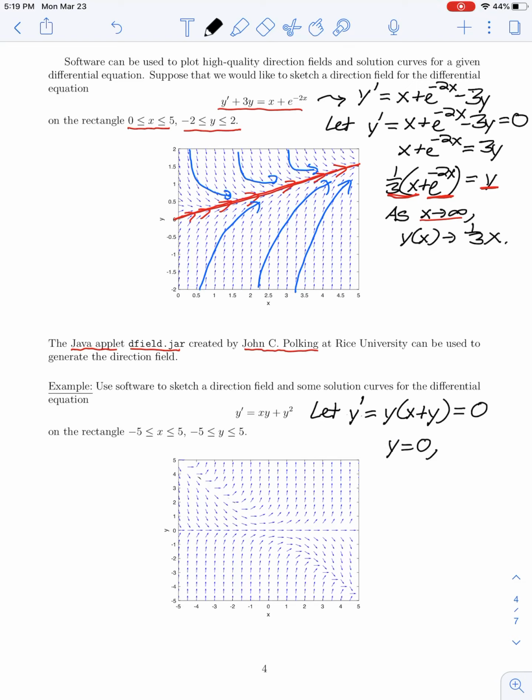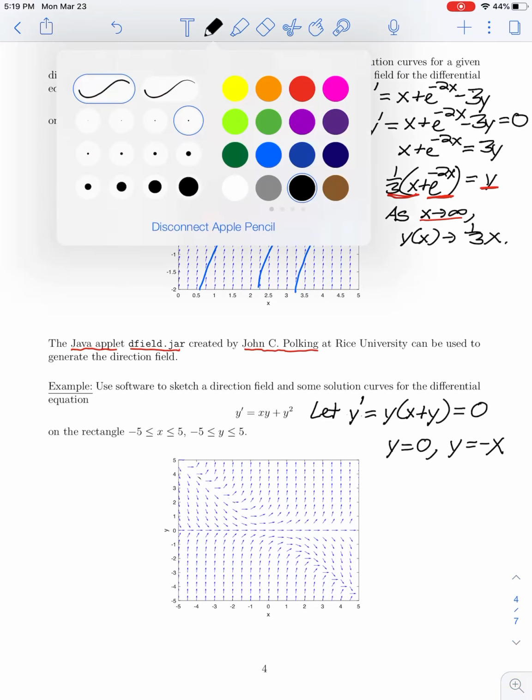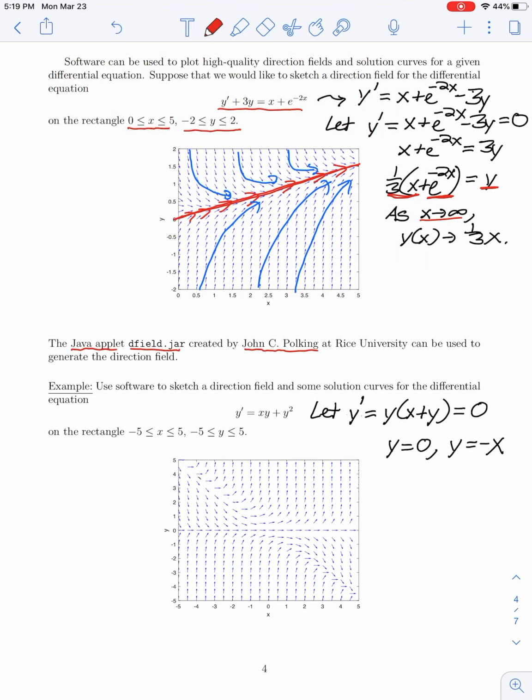Either y could be 0, or the part in parentheses, x plus y, is 0, which means that y would be -x. So if we think about those curves geometrically, one of them, y equals 0, is the equilibrium solution, which is a horizontal line passing through y equals 0,